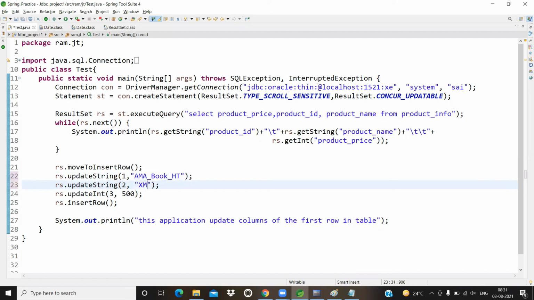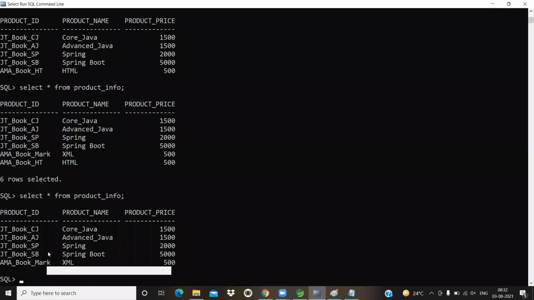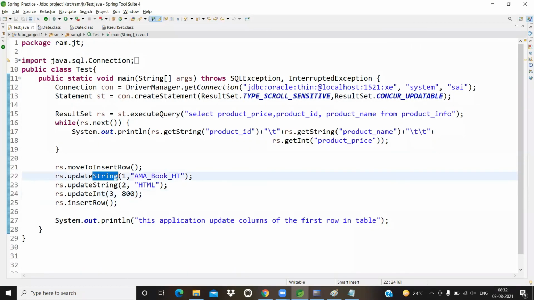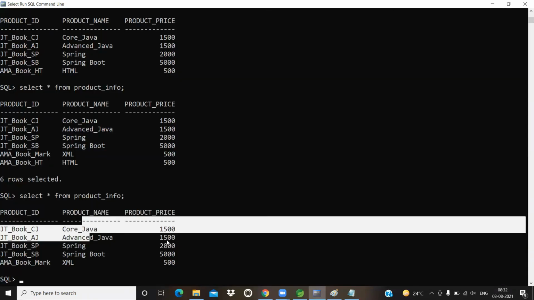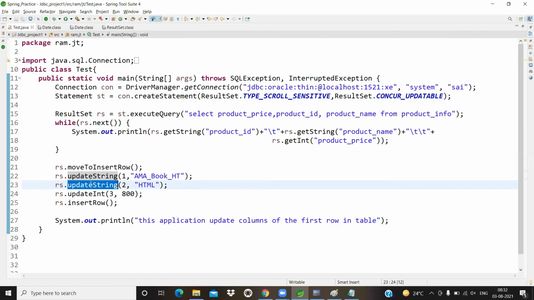HT, this is HTML, and this is 800. See guys, according to my table order, product ID is the first string, product name is the second string, product price is numeric, int. Okay, let us try to execute this one.